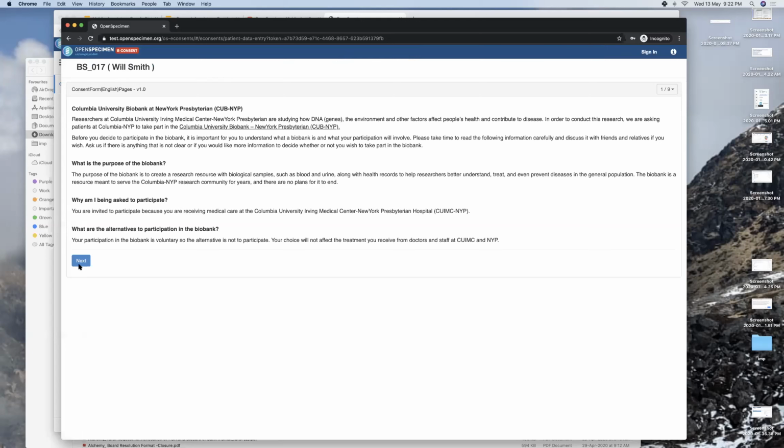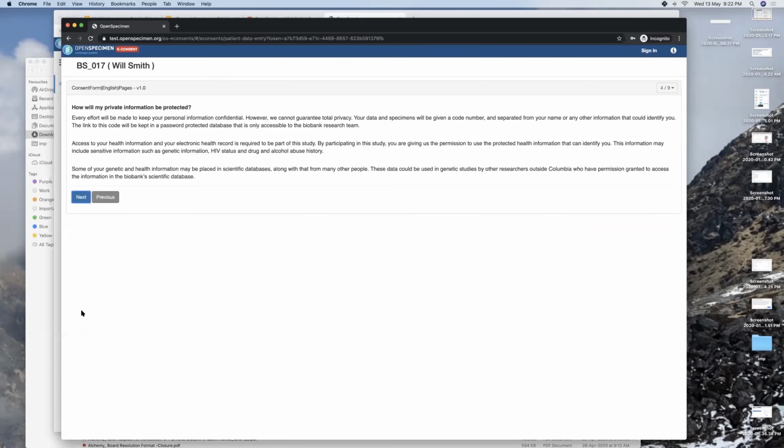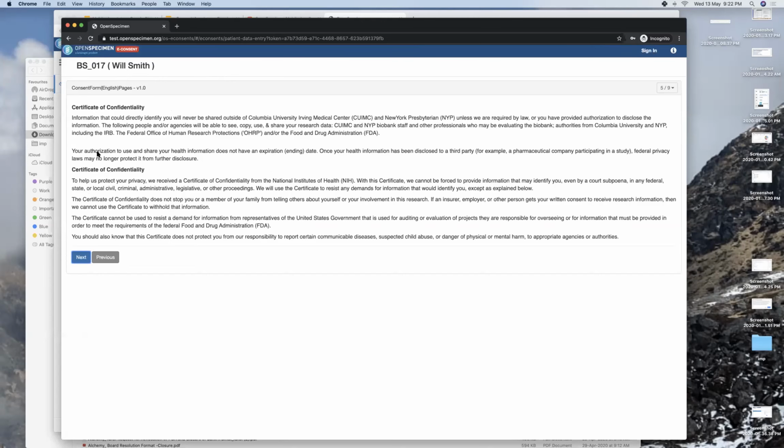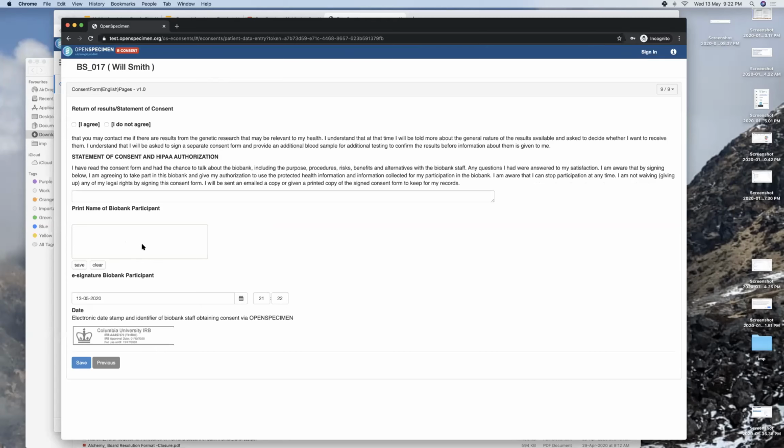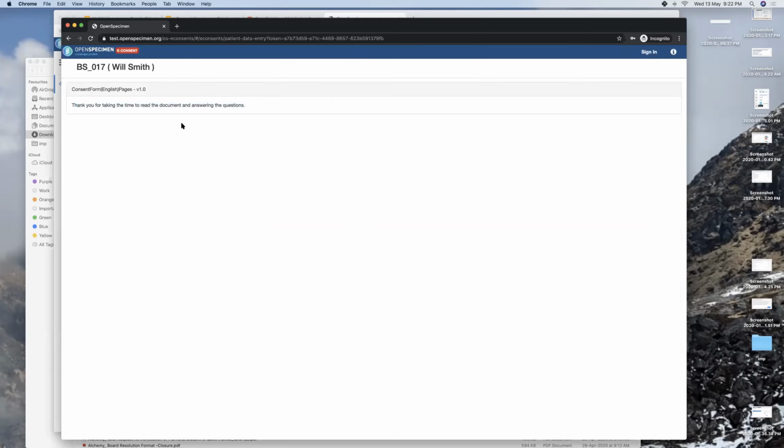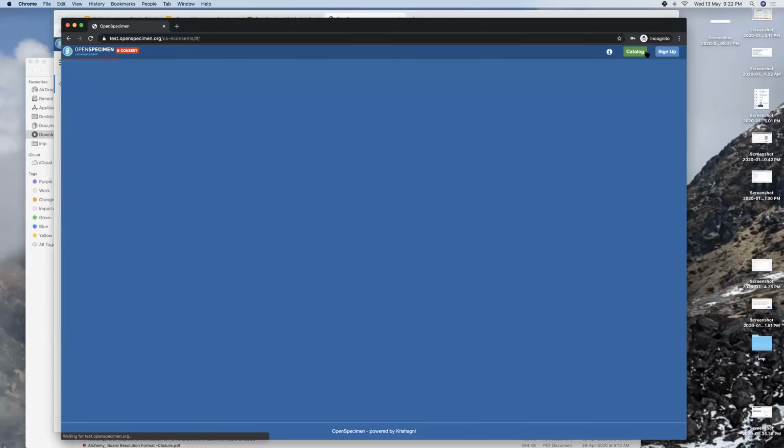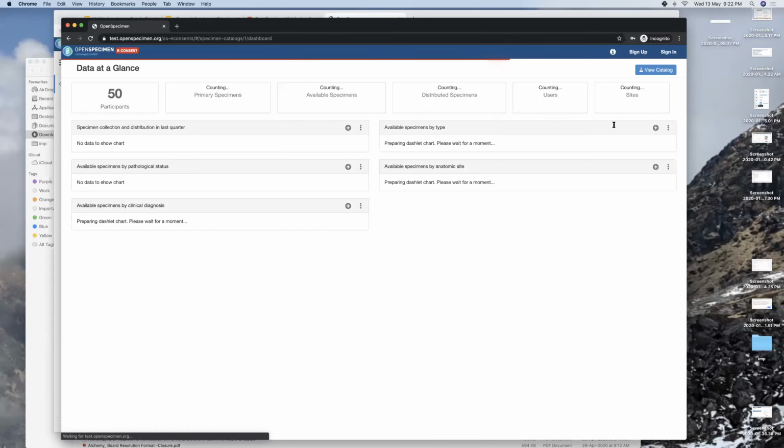And once they finish the data entry, they can enter the data, and save. And now it says, thanks for taking time to read and answering questions. So now the consent collector has to sign back in to be able to access the system.